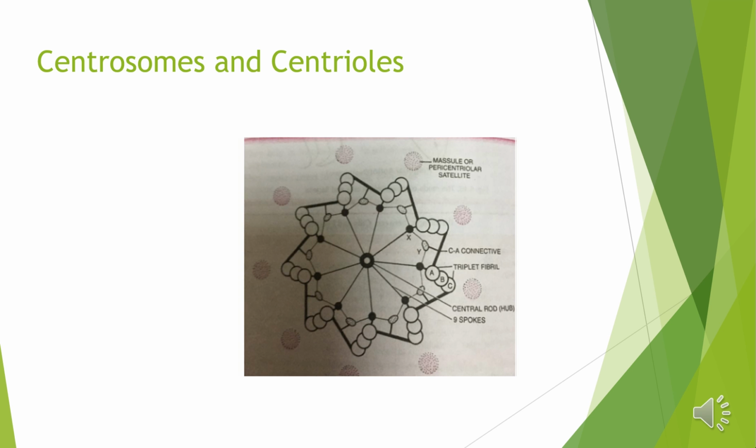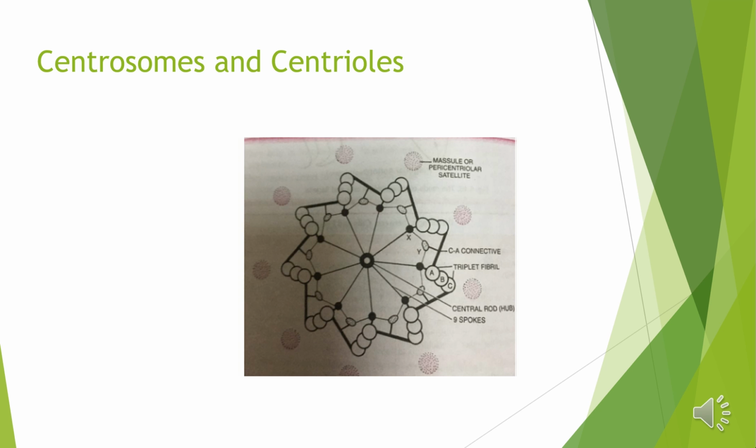Each microtubule in a triplet is about 250 Angstrom wide. The triplets are tilted to form an angle of about 40 degrees to the radius of the cylinder. The three microtubules of a triplet are named A, B, C. The A microtubule is joined to the C microtubule of the adjacent triplet by a dense A-C linker, and a fine radial fiber or spoke joins each A microtubule to the central hub of the cylinder. So the protofilaments of the A, B, C subtubules of a triplet are present like this.